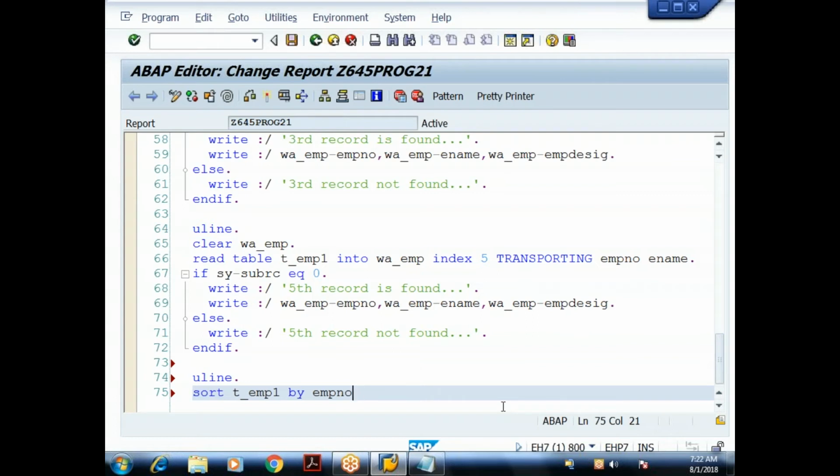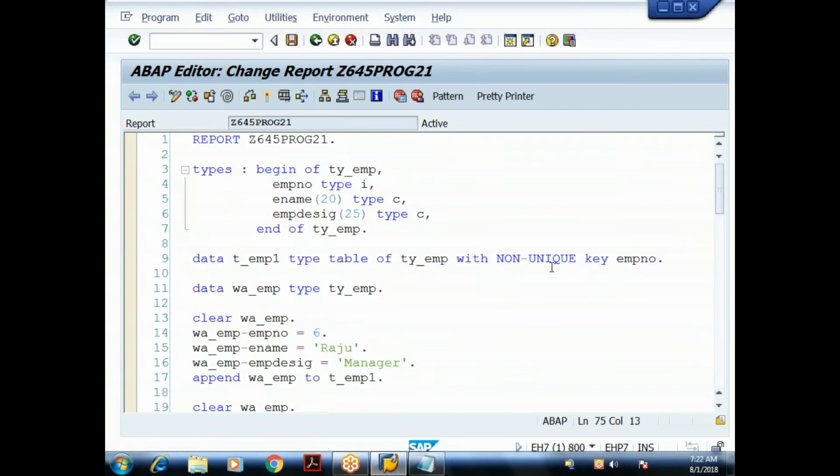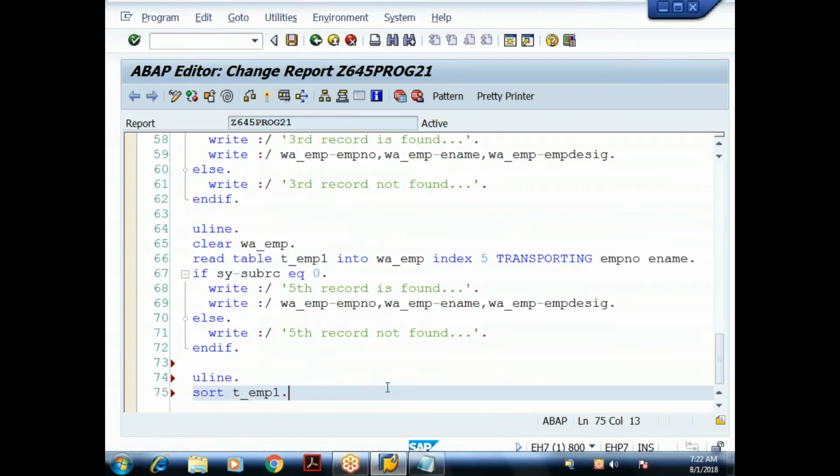Actually, even if I don't give employee number, it will check whether this internal table contains any key field. Do we have a key field here? Yes. What is the key field? Employee number only. So I can give it like this also. If I give it like this, it sorts on the key field.